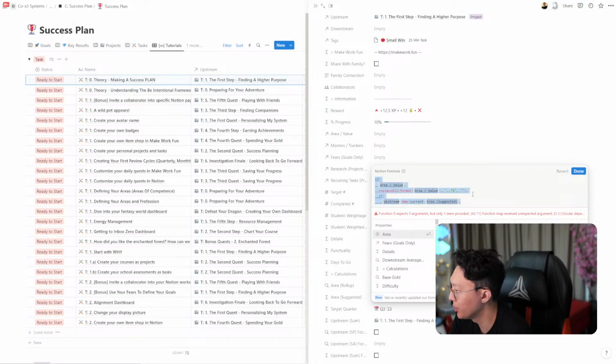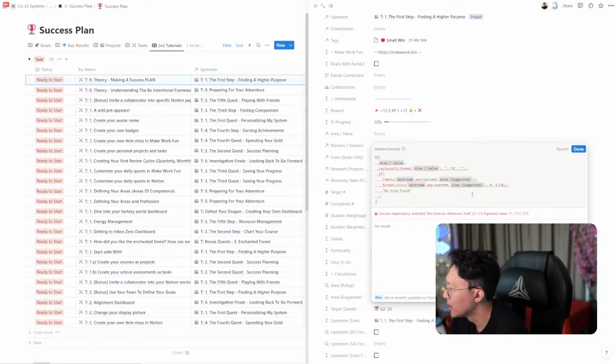So I got ChatGPT to write the rest of it. Okay, this formula references itself. I know, that was the idea. But if it doesn't work, then I just need to go and reference the areas evaluated instead. Okay, I understand. So what I need to do then is I need to go ahead and